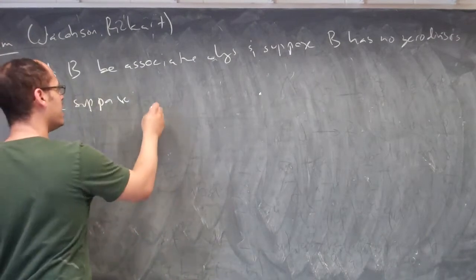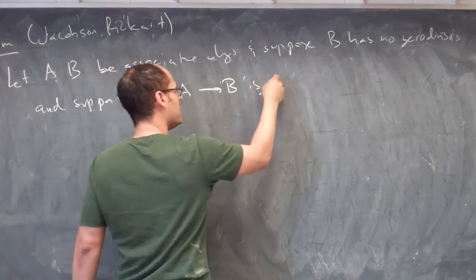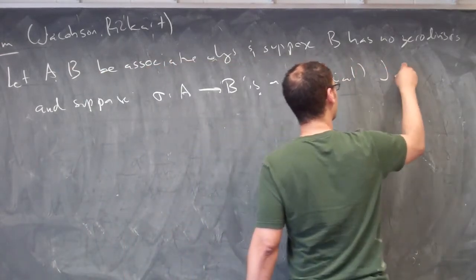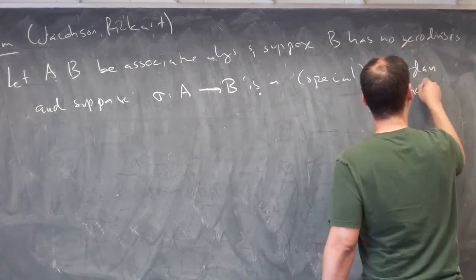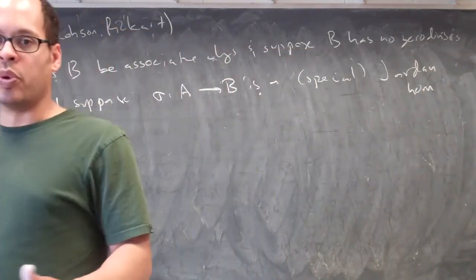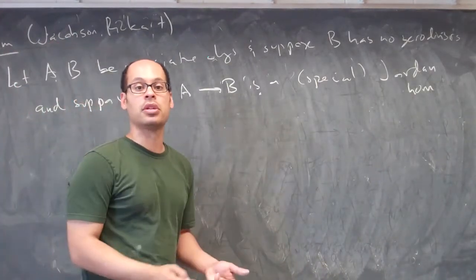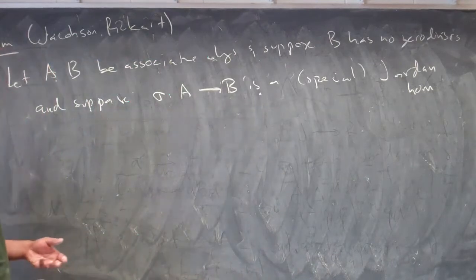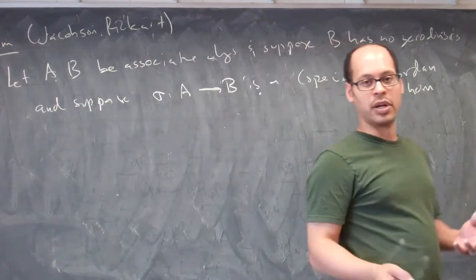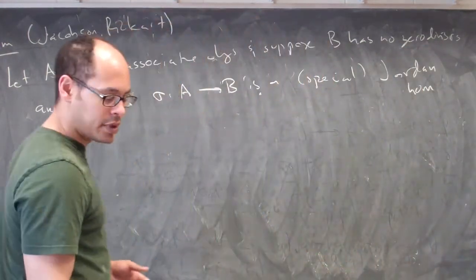And suppose that sigma from A to B is a special Jordan homomorphism. In other words, it's a homomorphism which preserves not the structure of the associative algebra, but simply the structure of the special Jordan algebras. It preserves these operations of squaring and the triple product ABA. Okay, then